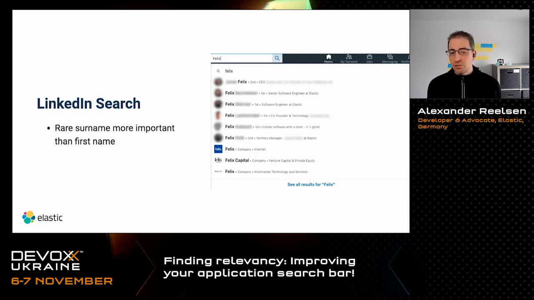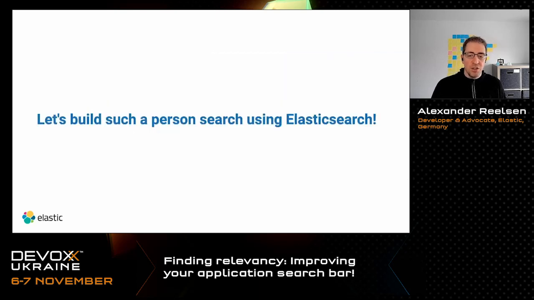So what does this mean? It means either that a surname is more important than the first name, which I doubt. But given the way scoring usually works, it's something called TF-IDF, term frequency and inverse document frequency. The reason is that Felix is a really rare surname, which means that it gets scored higher than Felix being a first name, which occurs way more often. That's how searches work by default. You can, of course, tweak this behavior, but this is what we see here. So we should probably try to take that into account for our own application.